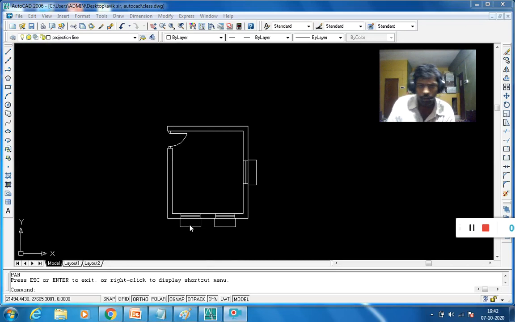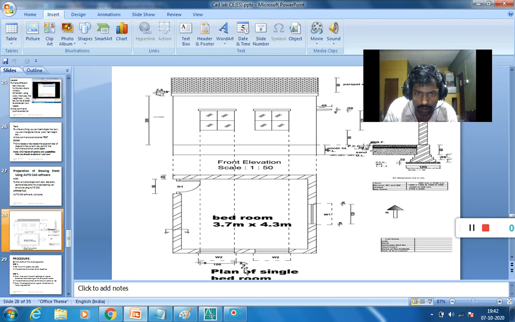So you know what is front elevation. Elevation means it's an orthographic projection on a vertical plane. You see that here an arrow symbol is used. It means you are standing in front of this side and you look straight, and the vertical plane is drawn.